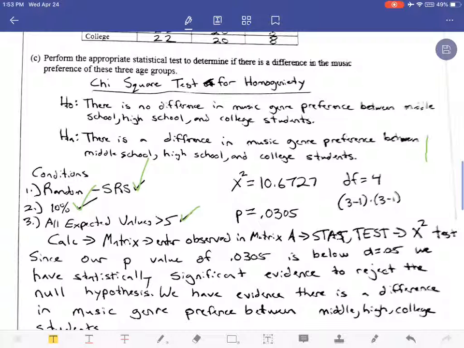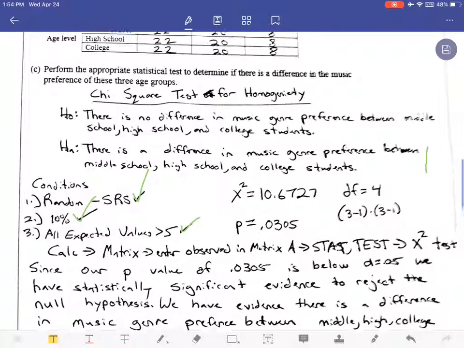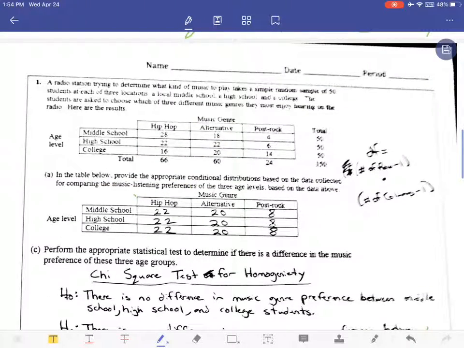If not, it explained it pretty straightforward on YouTube. If you're still having issues, you can email me a question, or just try and find some more videos about the matrix function. Basically, go to the matrix screen, the button, and then you're going to enter in your observed data into matrix A. Probably the trickiest thing on this is that you have to go over to edit to make a new matrix. So you're going to go into matrix A, go under edit, and then you're going to type in all of your